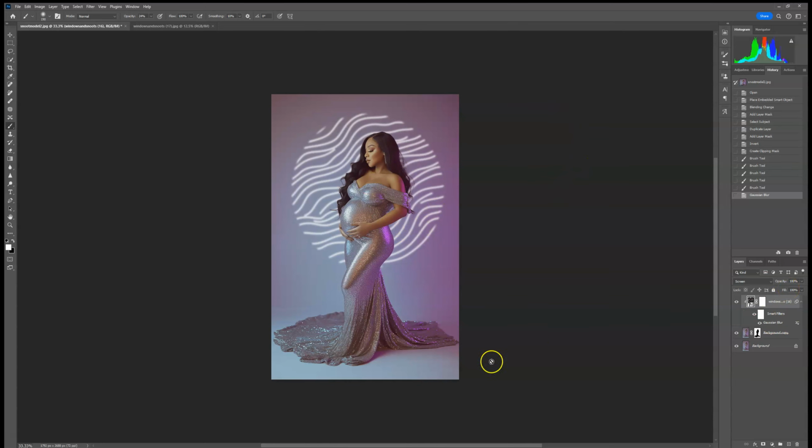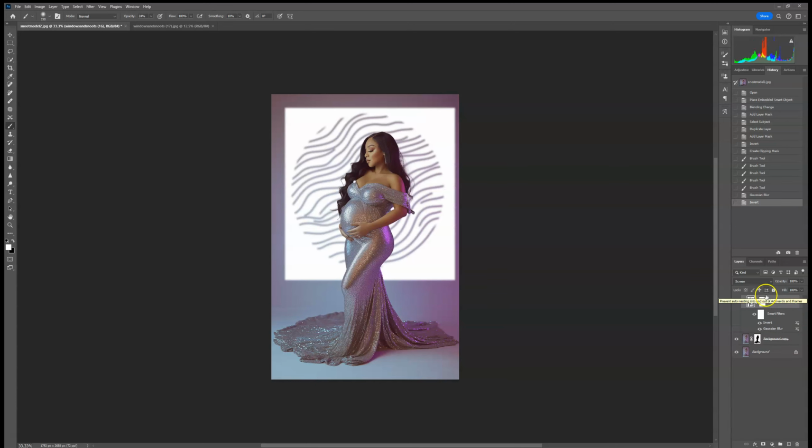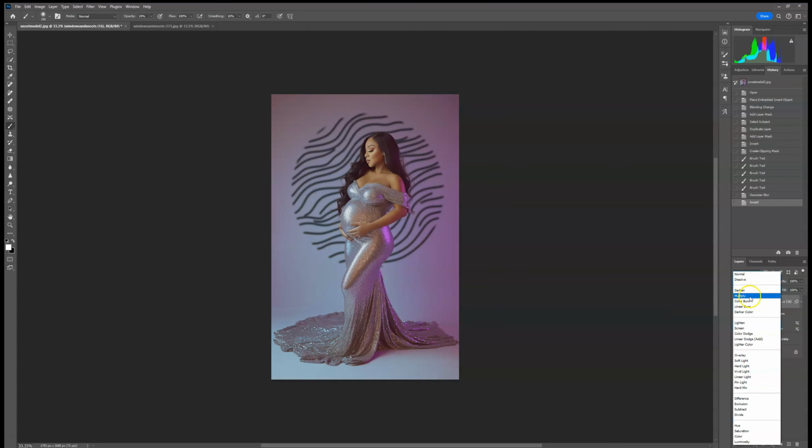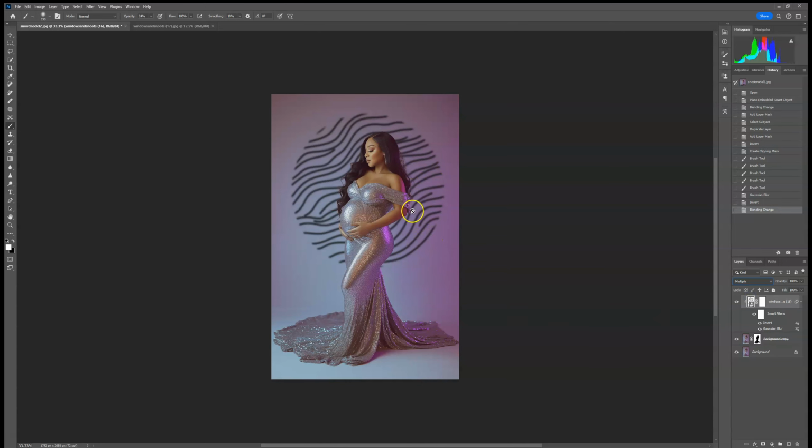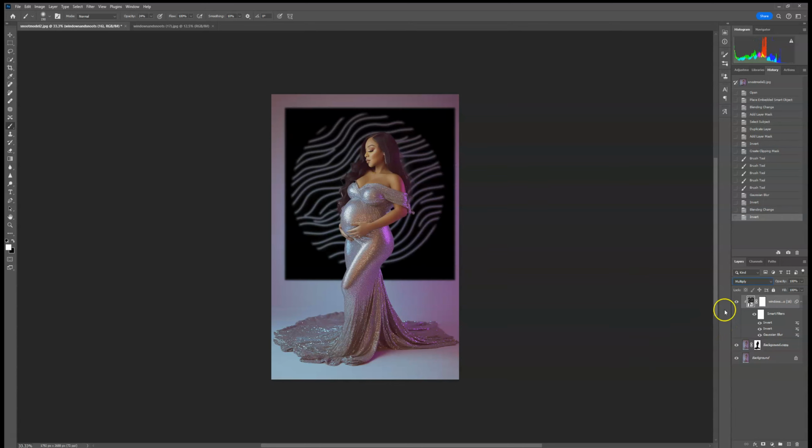And now if you want to keep it white, you can. If you want to actually invert this layer, press Control+I on your keyboard to invert that, and then change the blending mode to multiply. That'll give you black instead of white on your overlay there,